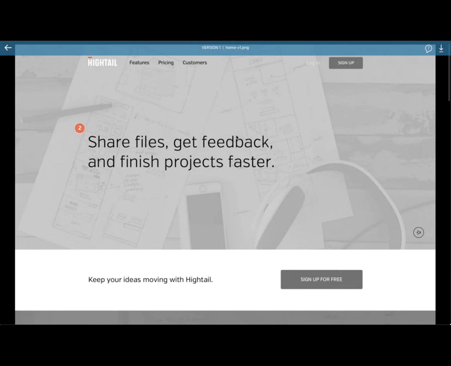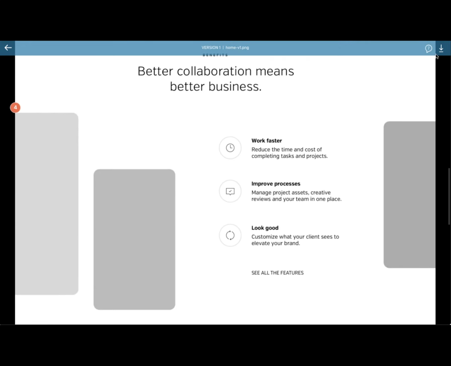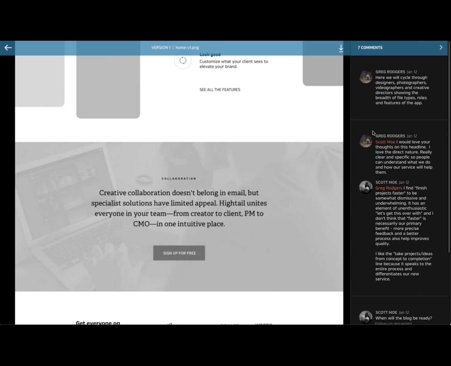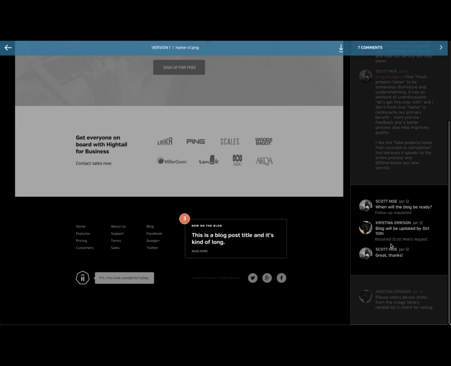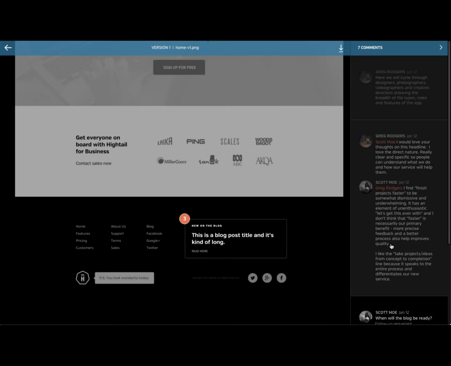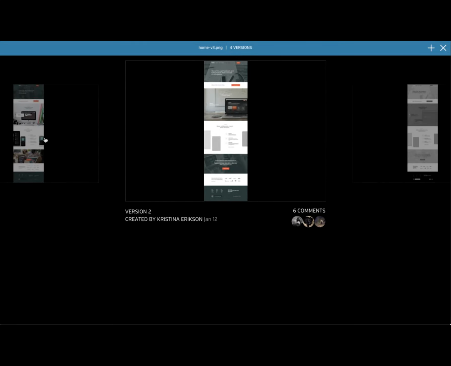I can download it if I need to. I can also click on the comments that happen for that version of the file. So I can look at all the discussion, look at any tasks that needed to be performed on this particular version before it went to the next version. And as a next version is added in, the previous version gets locked and those comments get sort of set. So you can always go back and have a record of what was said, what was done with each version of the project. This is super, super handy for really any creative project, but particularly with agencies when they're working